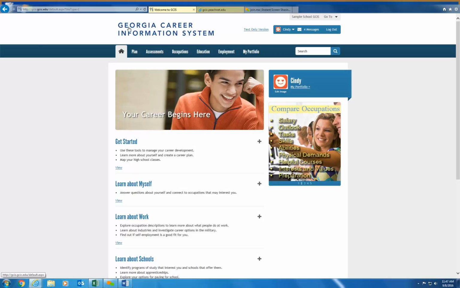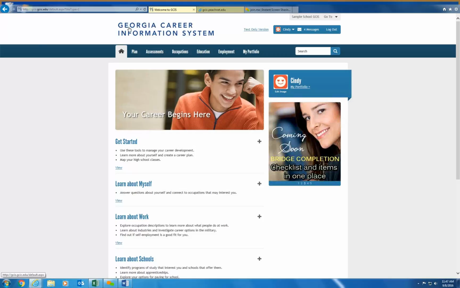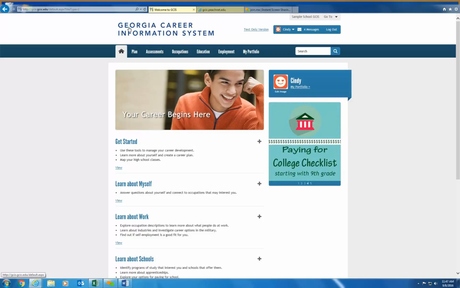So you'll notice in the upper left-hand corner that it says Georgia Career Information System, our logo. And this will become very important to you as you're navigating through the system, as this is one of the features that would allow you to come back to this home page after you have explored various modules within the system.